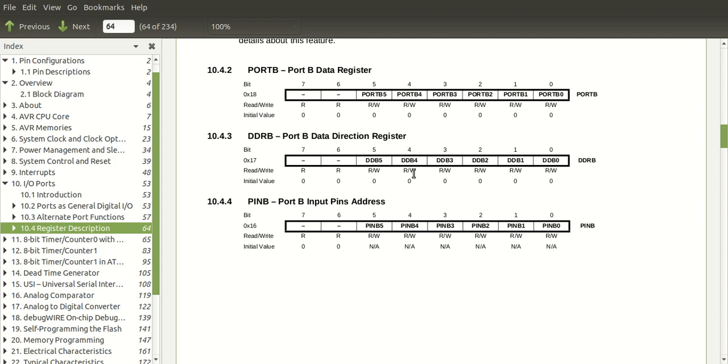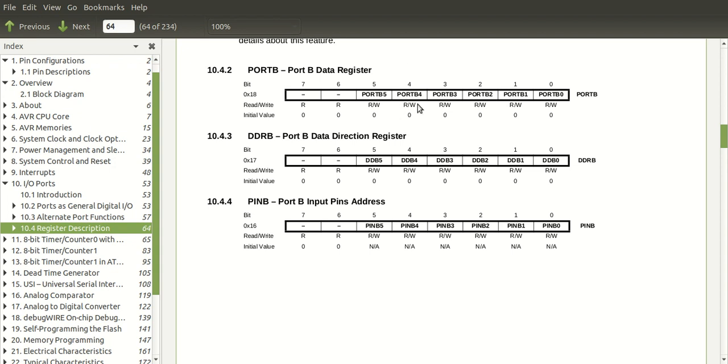And then after you have configured pin 4 as output, you will have to write a value to port B4, this position, that is position 4 of port B. If you write a 1 here, the pin connected to PB4 will be driven high.